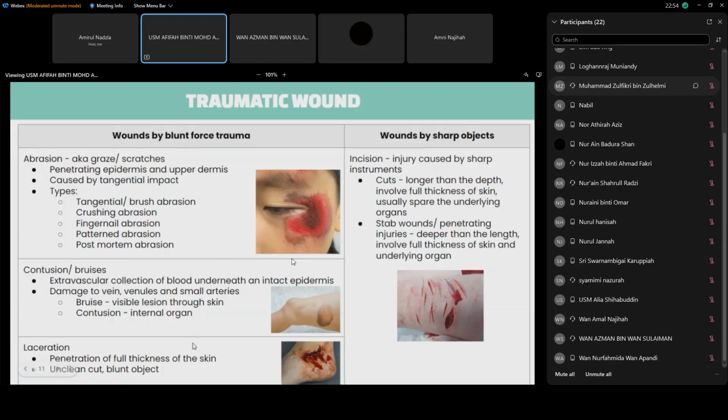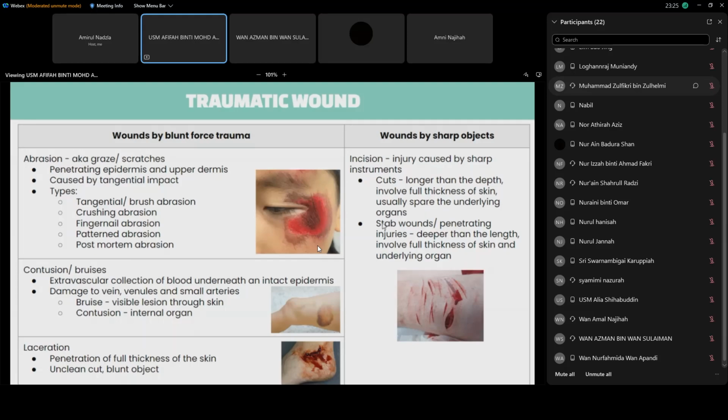Compared to the incision wound, it has an unclean cut and is usually caused by a blunt object. Okay, next is the wound that is caused by a sharp object, which is the incision wound, an injury that can be caused by sharp instruments such as a knife and etc. Examples of incisions are cuts which are longer than deep